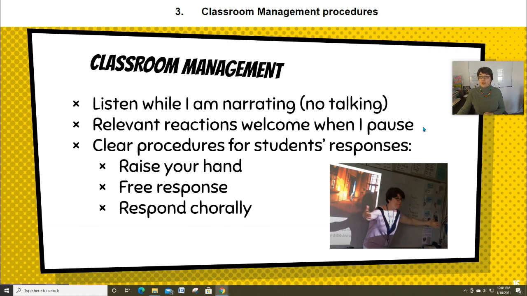However, relevant reactions are welcome when I pause. So I actually encourage my students to react to the story when I pause. And they figure out when it's the right time to say something and when it's not the right time to say something. And then at the beginning of the year and throughout the year, we rehearse procedures for students' response